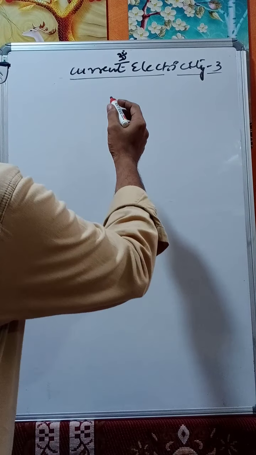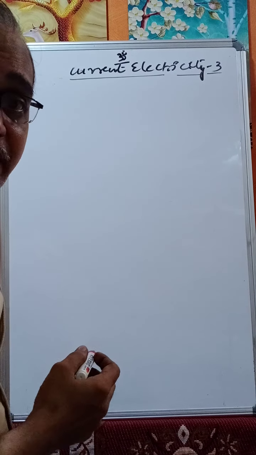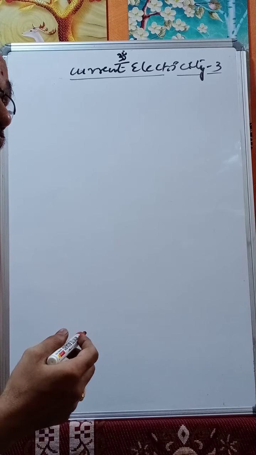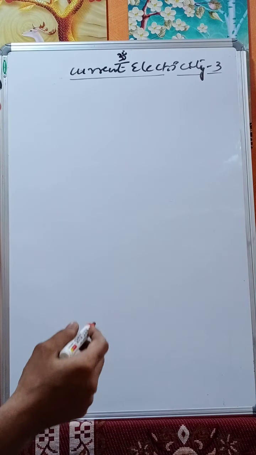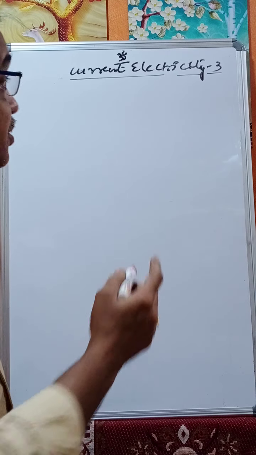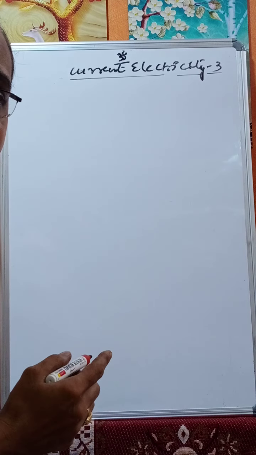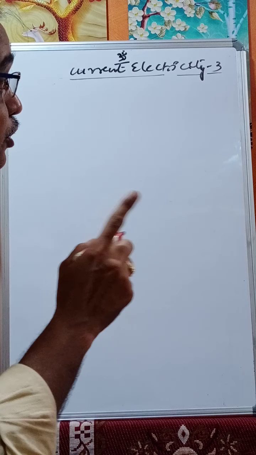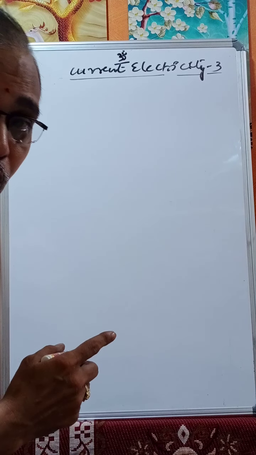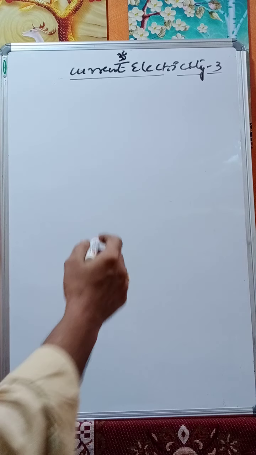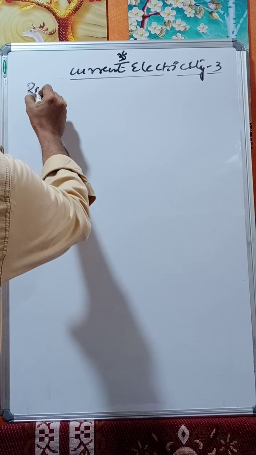Now, in the previous class, we discussed drift velocity and also current density. Now, let us go for the extension. In part 1, we had gone for basic things like current, and in part 2, we had gone for the current density and drift velocity. Now, let us see a very important one,